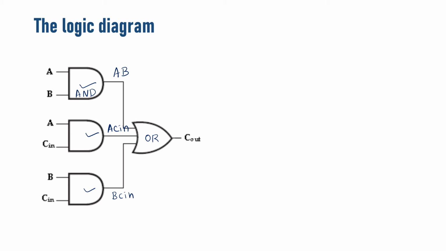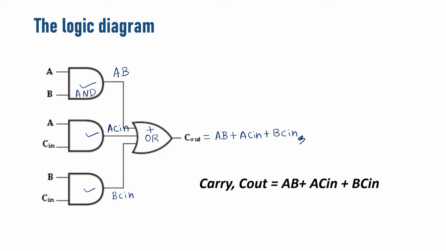So in this, what we are going to discuss is finally what the output will be of the three AND gates. Here the addition, summation operation will be there. So we are going to add AB, ACN and BCN. C output is equal to AB plus ACN plus BCN. So this is the final output for the logic diagram of the carry. So here we are getting the carry out as AB plus ACN plus BCN.